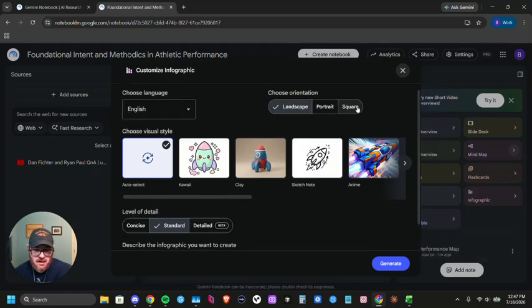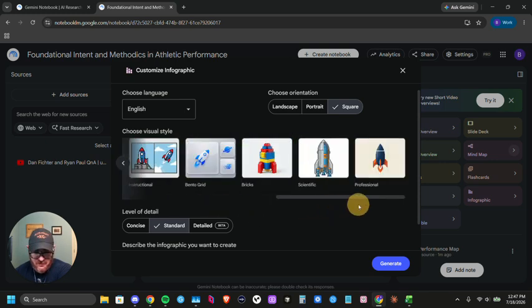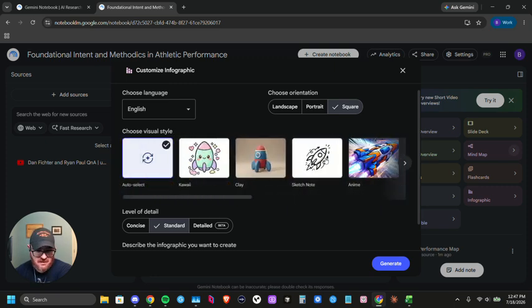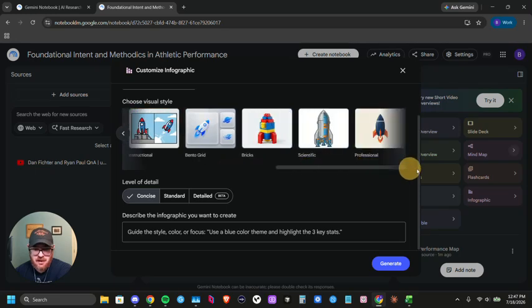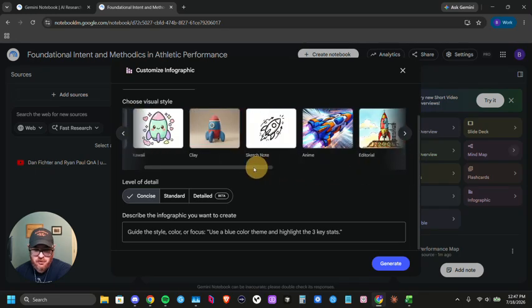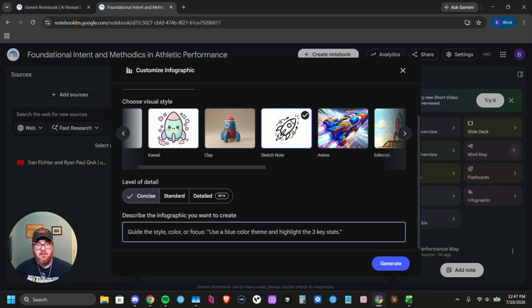There's different styles. So again, if you want something more Instagram ready, it'd be a square versus a portrait or a landscape. We'll do a square. There's different styles. If we want to make it look like Legos, we can. If we want to be sketched out or claymation, those are all options. The level of detail can be super detailed and intricate and nitty gritty versus kind of easy. We'll do concise for now. And let's do a sketch note. And we're gonna do an infographic. I know the presentation obviously, but